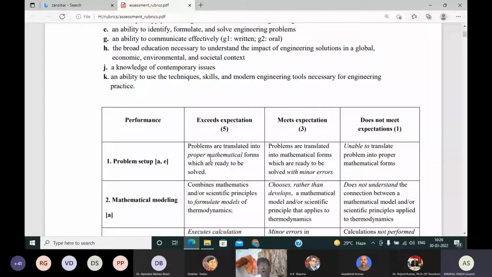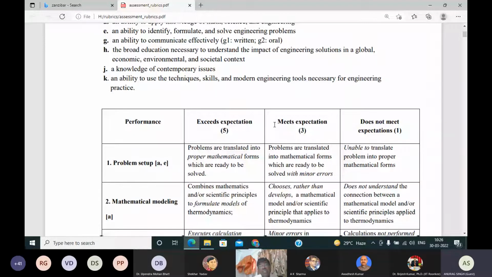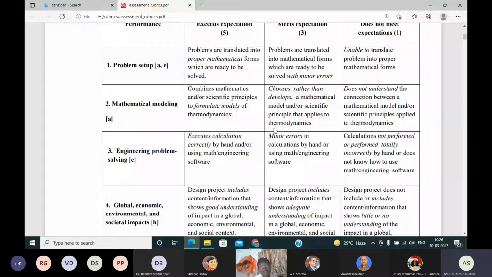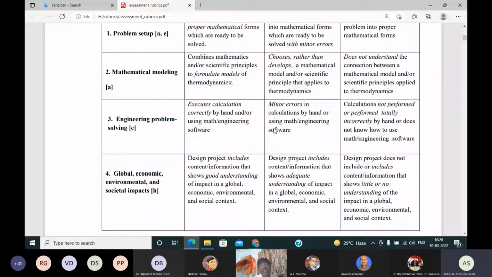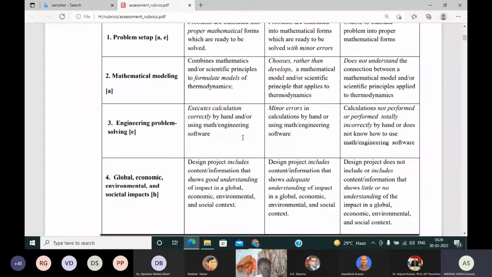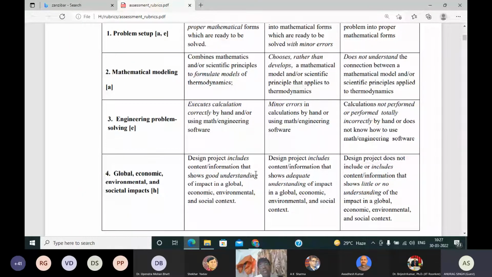So there are three performance indicators, for which you are writing the descriptors, like combines mathematics and scientific principles to formulate the models of thermodynamics, executes calculations correctly by hand, right, and are using mathematical and engineering software. Engineering problem solving. Design project includes content information that shows good understanding of impact in a global, economical, environmental, and